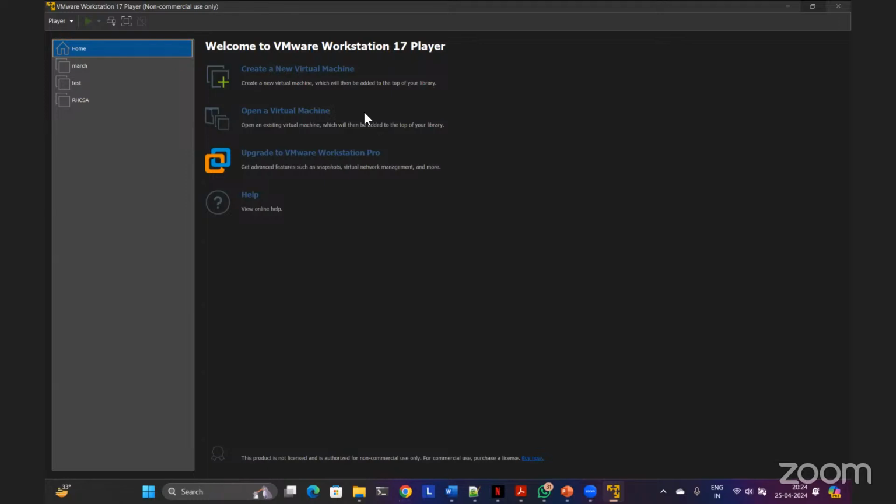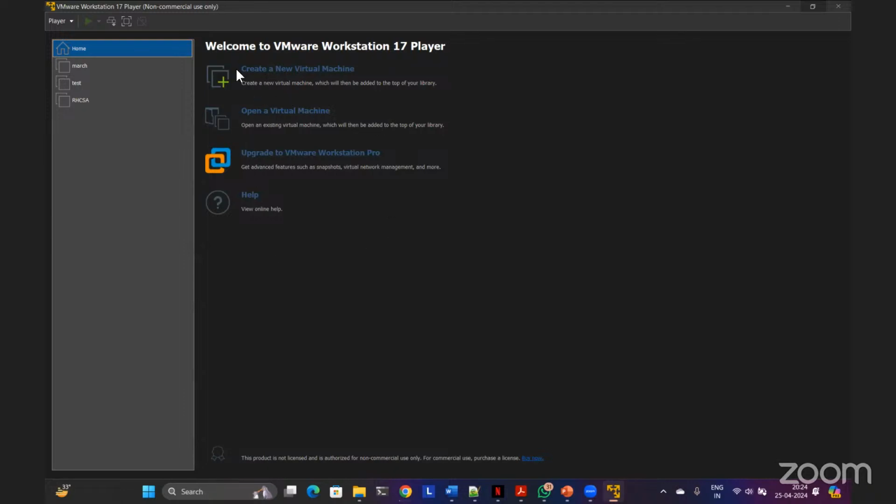Within 1 minute or 2 minutes, the virtual machine will be ready, which means you have to first deploy the operating system, install it, configure the machine, and convert it into a template. That is only possible with VMware Workstation Pro, not with Player. Player has limitations. Okay, but I'll also show you how to do that in the upcoming classes, and then upgrade to the Pro version. Obviously, it's paid, license based. You need to pay some money, and then you can upgrade to Pro. Not right now, obviously. We need to first understand the basics. Then you can upgrade to Pro, or you can use a cracked version, which I don't really recommend. Okay.